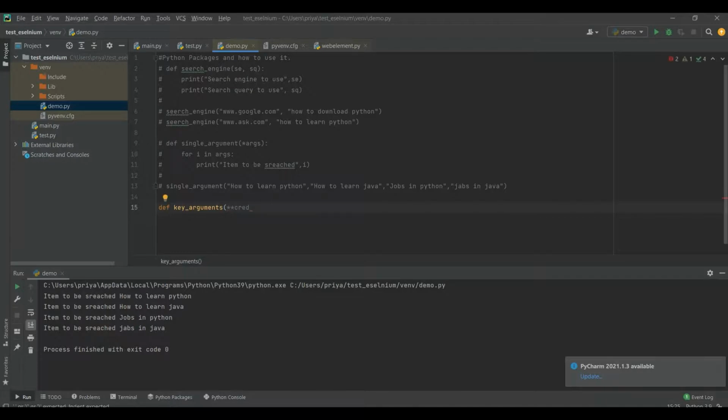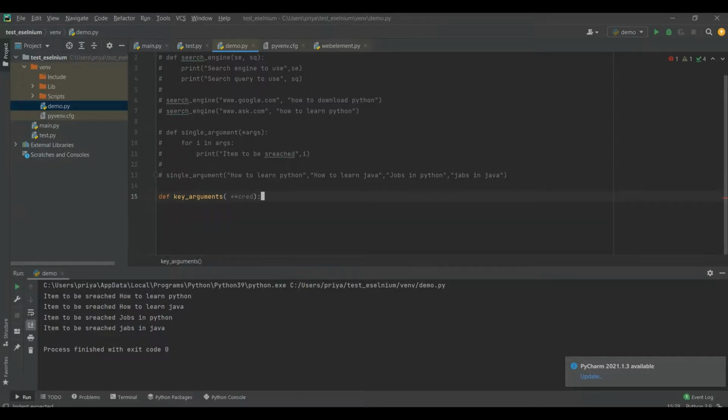Let's define it as credentials, or for short, cred.